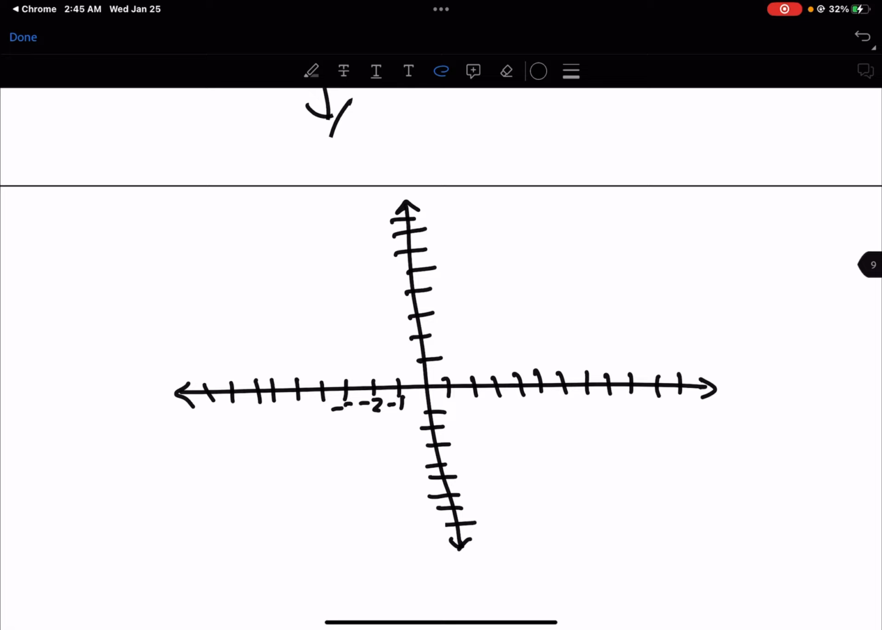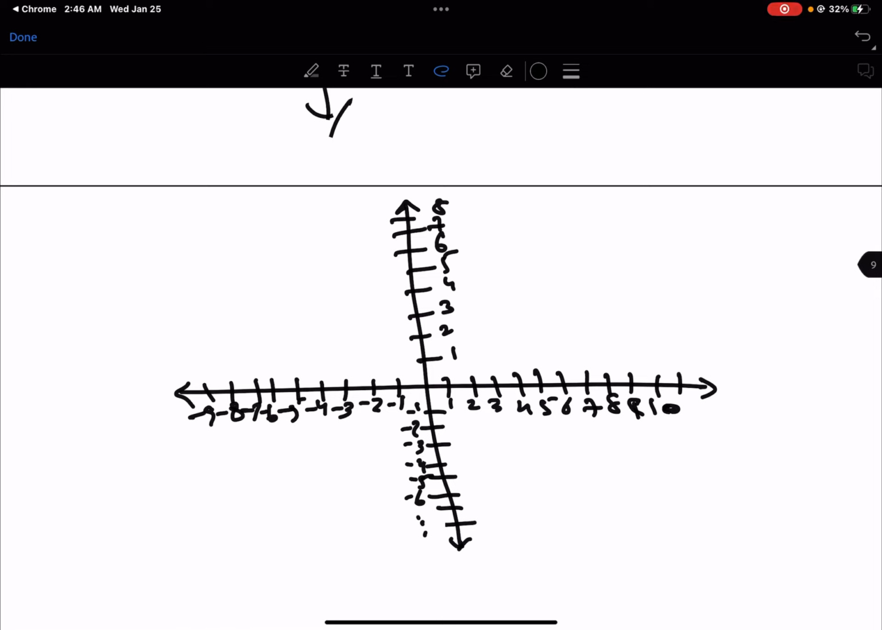-1, -2, -8, -9. Then we have the y-axis like this. Then we go to positive values of y. Okay, for example, our function takes the value